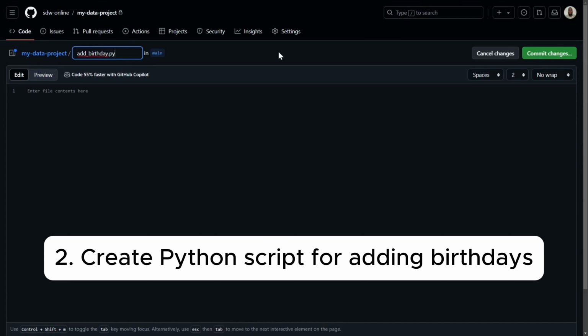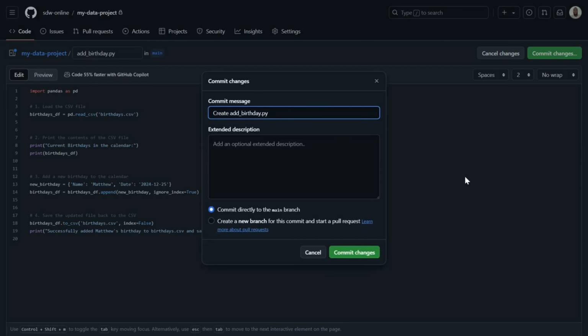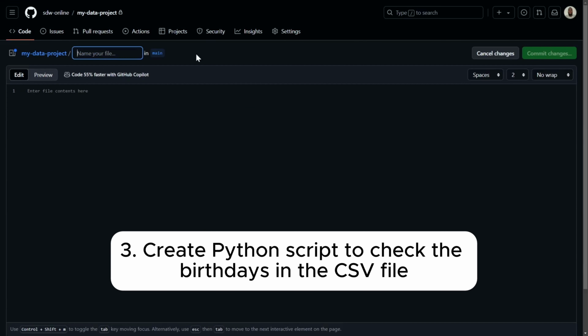We'll name this add_birthday.py. Then add the Python code into the file. And we'll commit these changes too. Now this time, let's add the test script that will make sure Matthew's birthday is correctly added to the birthdays